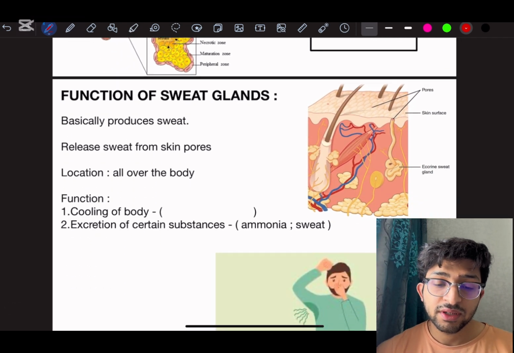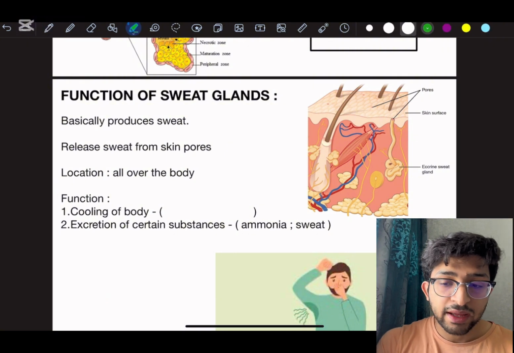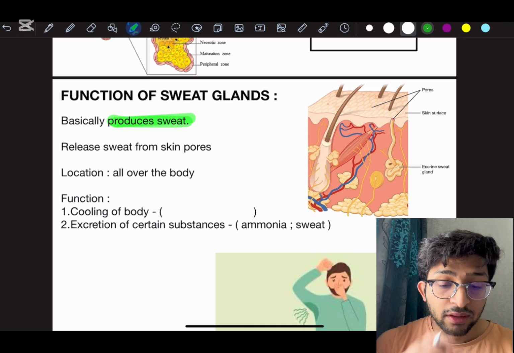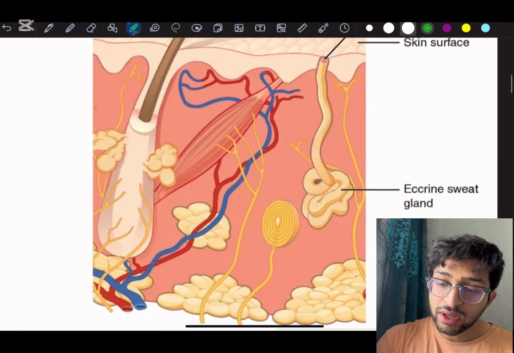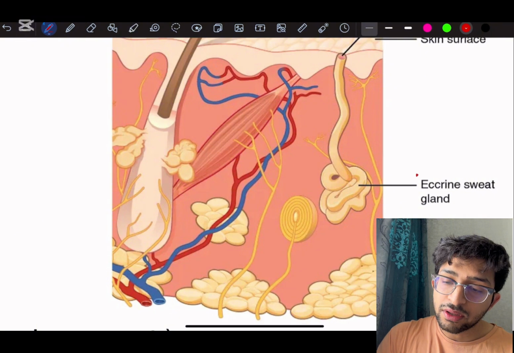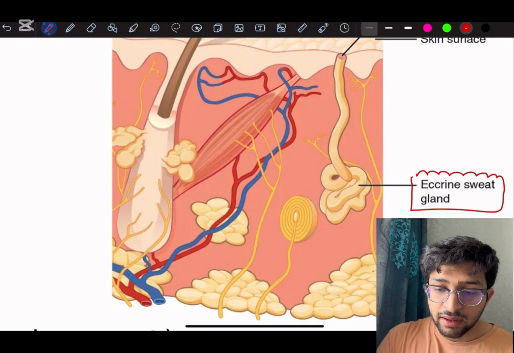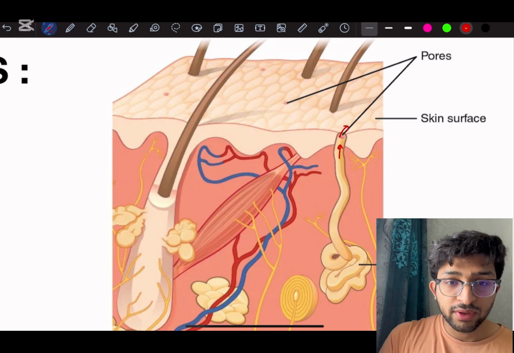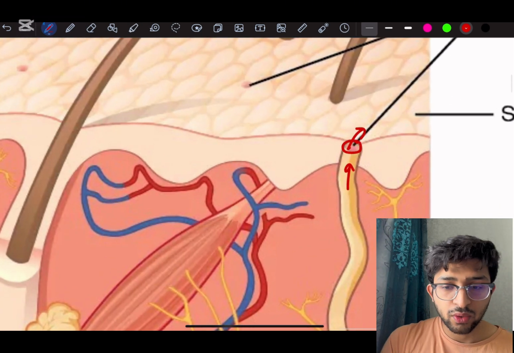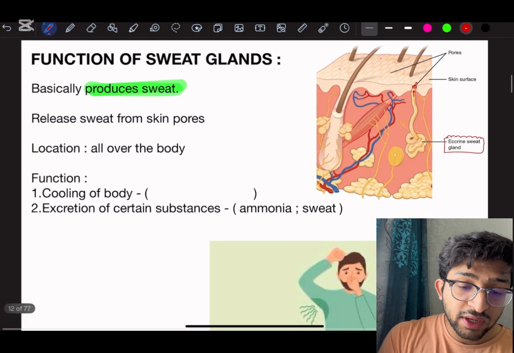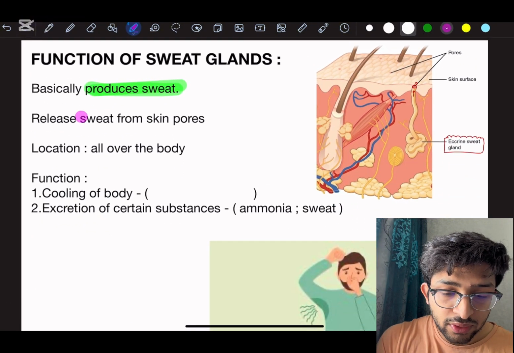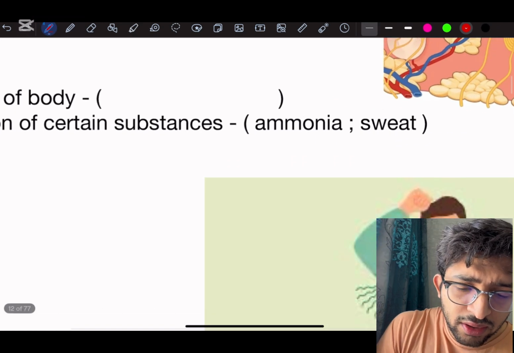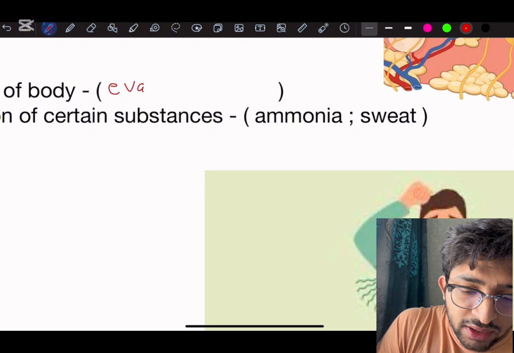Now what is the function of the sweat glands? So basically the sweat glands produce the sweat. Okay, and where is the sweat released? You can see over here, this is one example of the eccrine sweat gland. They are coming outside from the pores, right? These are the small pores which you can see over here. So they release the sweat from the skin pores, and they are located all over the body. Basically the function is the cooling of the body, or we call it